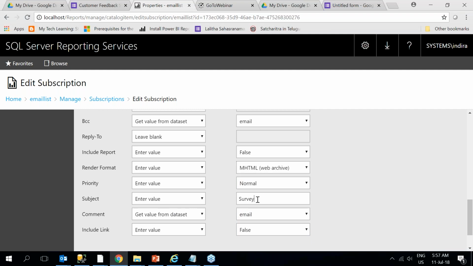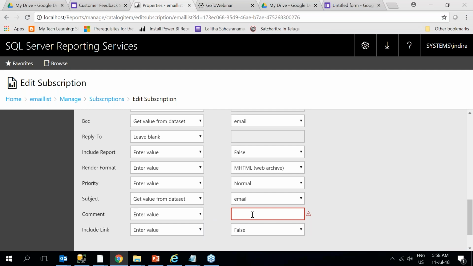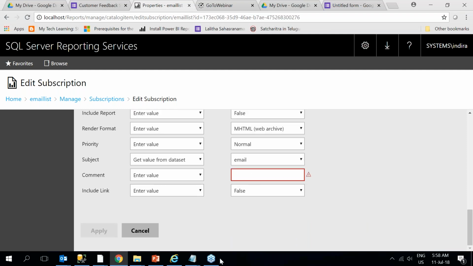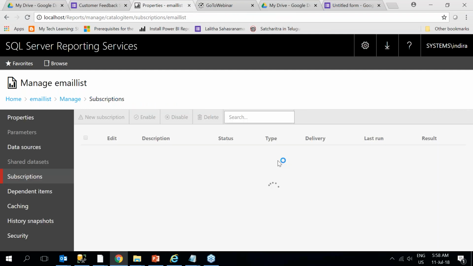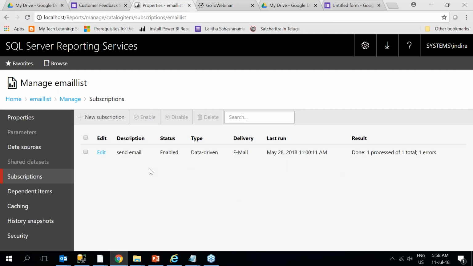And also subject, you can just type survey feedback, because I haven't defined it. Otherwise, if you have defined it in your stored procedure or in your data set, you can just take it, and then you can get this subject. And also define the comments. So you can define or enter a value. Here you can actually enter HTML type of text, and also include link should be false, because you're not sending the report. Once you have defined this subscription, you can enable that, and then you can schedule it,